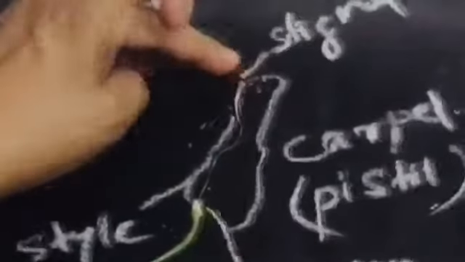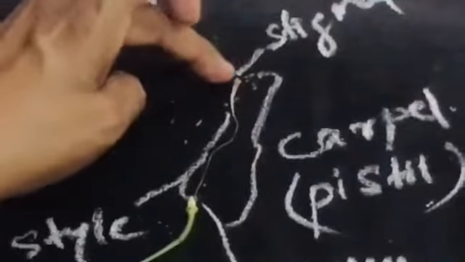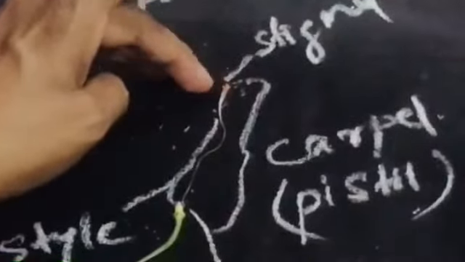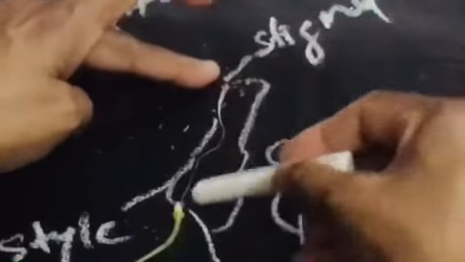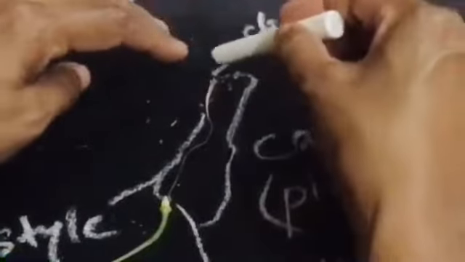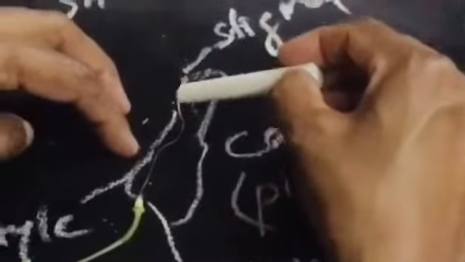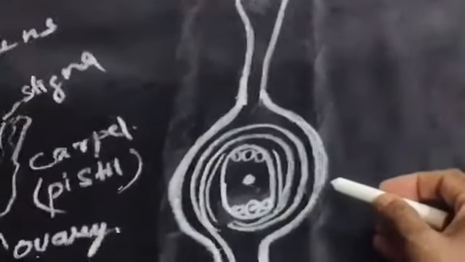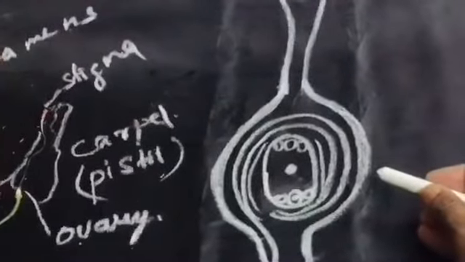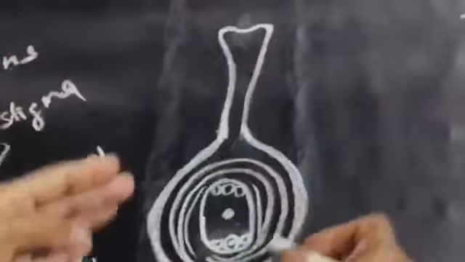There is a juice present at the stigma. This juice is sensed by the pollen grain and it leads to further growth. Now the pollination is successfully done. After the pollination, the pollen grain grows downwards through the style. Let me show it in the diagram. Here, this is the real stigma, style and ovary. I am showing the diagrammatic representation.